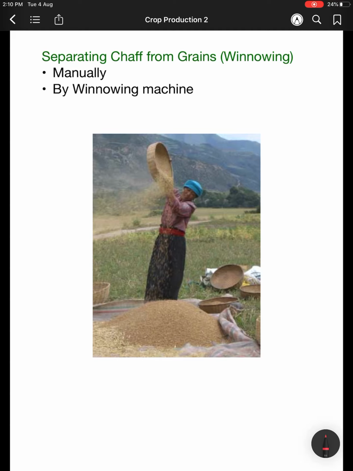After that, grains are separated from the chaff. This is known as winnowing, and it can be done either manually or by using the winnowing machine. How is it done manually? As you can see in the diagram, there is a dropping of grains and chaff mixture on the ground from a height. The seeds, being heavier, fall vertically down, while the chaff, being lighter, makes a separate heap, and in